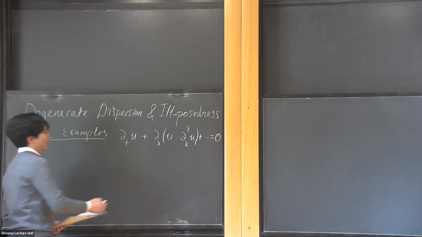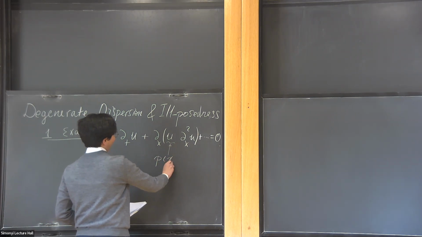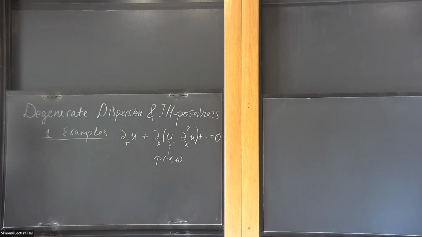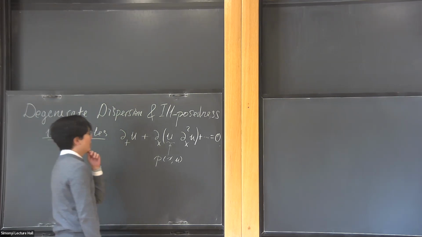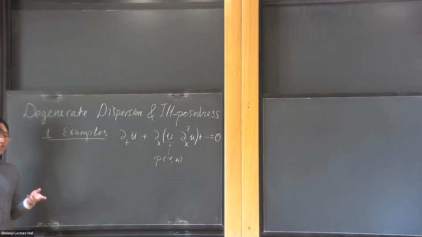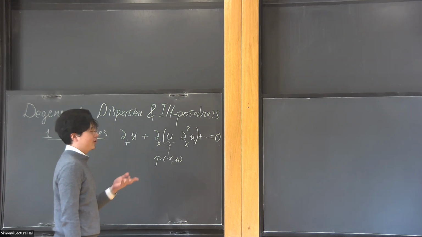And you can put, instead of u, any other function of x in u. And this kind of equations actually appear in many areas of physics, for instance, in the shallow water wave problems, sedimentation, flame propagation, and I will show you a concrete example in